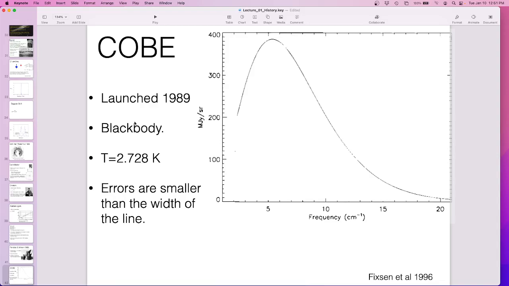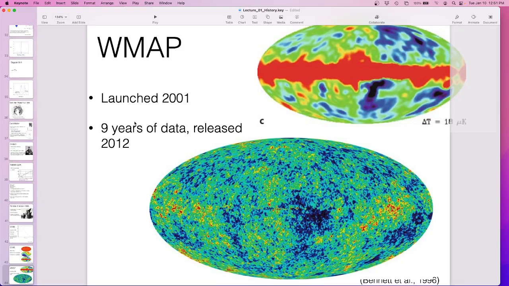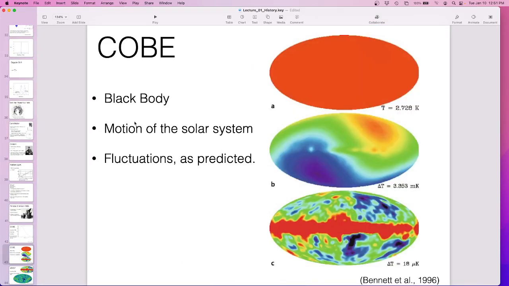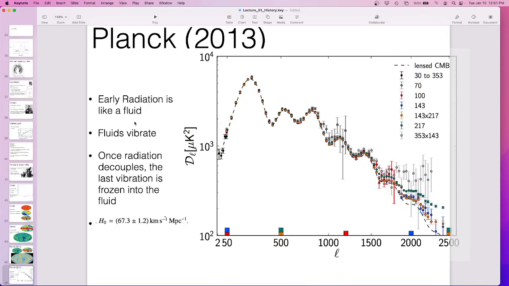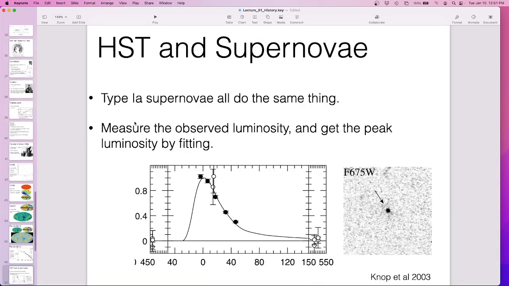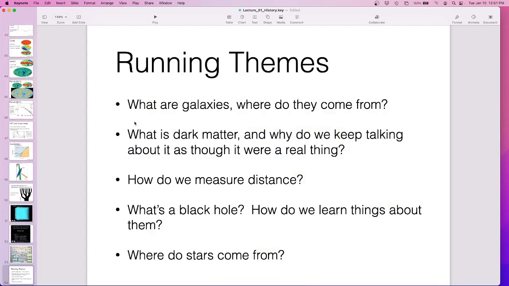Hang on one second. Okay, COBE, CMB, very cool. WMAP, CMB, cooler. You get a Nobel Prize for this. I don't think they got a Nobel Prize for this or this. Planck, even better. These bumps tell us how big the universe is and how much dark matter's in it. It's a very cool wiggle. We'll talk about these wiggles later. And then there's supernova. I guess that's it. Yeah, there's cool stuff. I ran over all the stuff we'll spend time on.